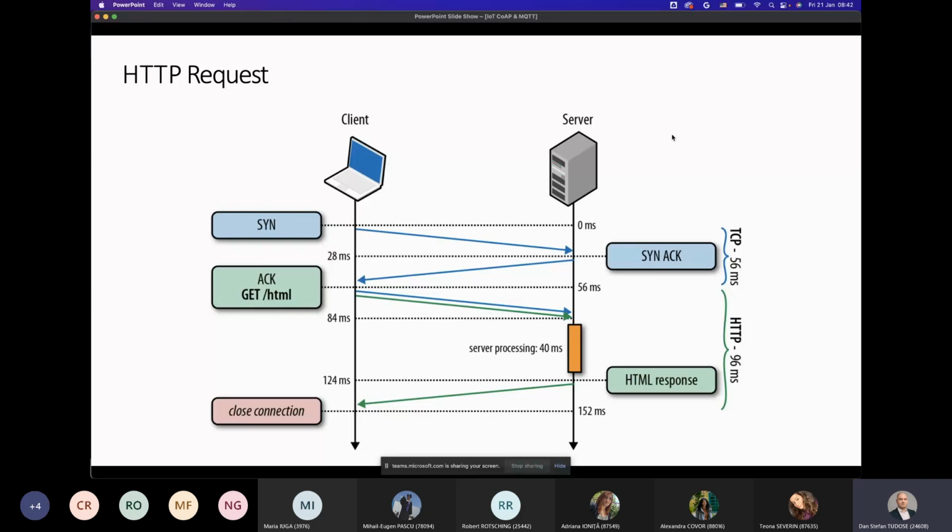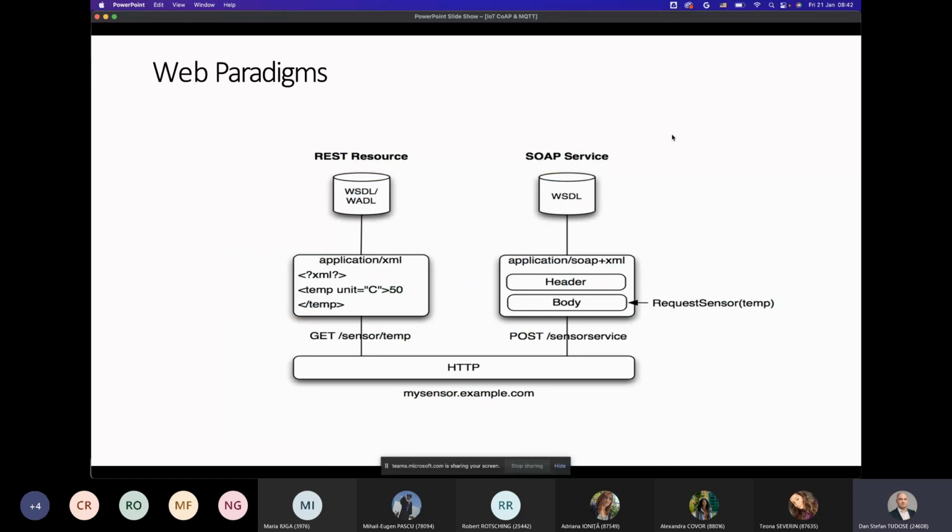This is how things are handled whenever you are querying some sort of resource, some sort of website from the internet. Now, there are two web paradigms that could be employed to get information, and they both work over the internet. One is representational state transfer, so REST in short, as a resource.